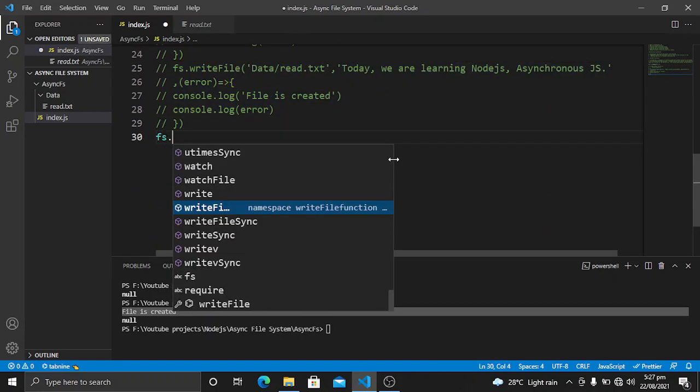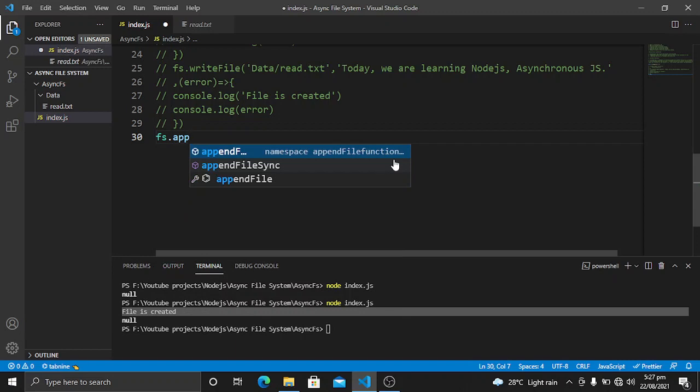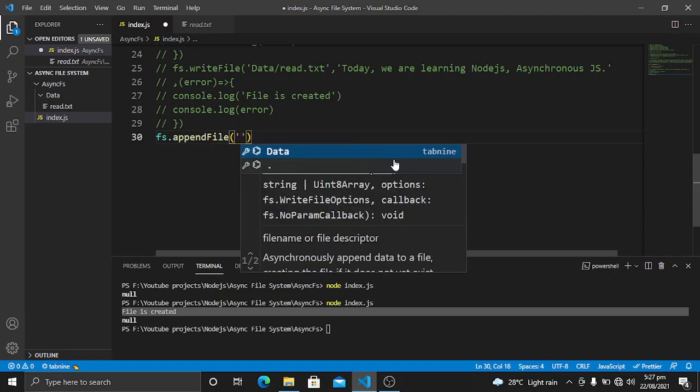Here you will see Node.js provides us two ways, the synchronous and the asynchronous, so we should always use the async versions. So it will be fs.appendFile. We have to provide the path to the file where we want to append the data, or update the data.